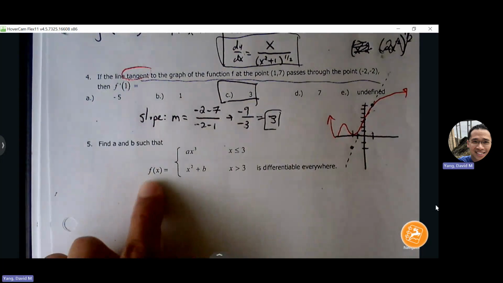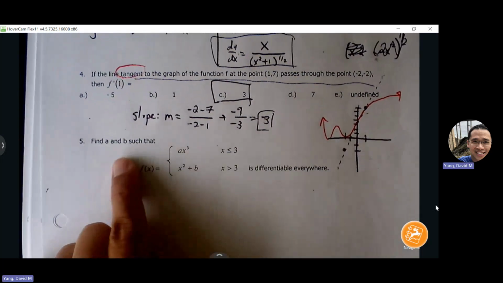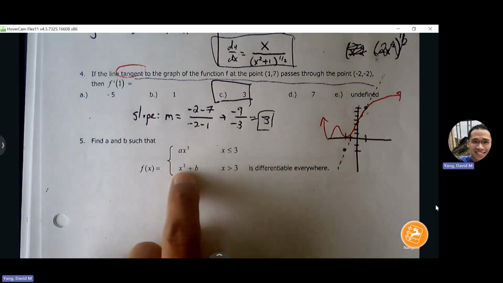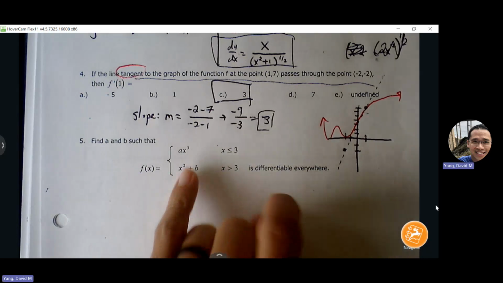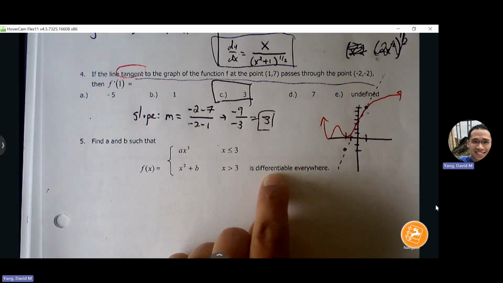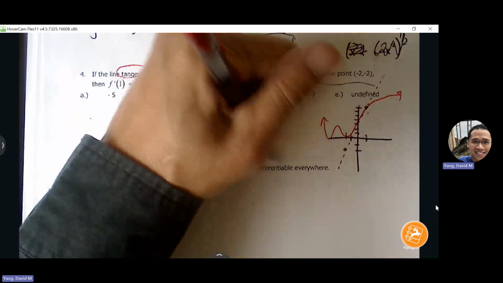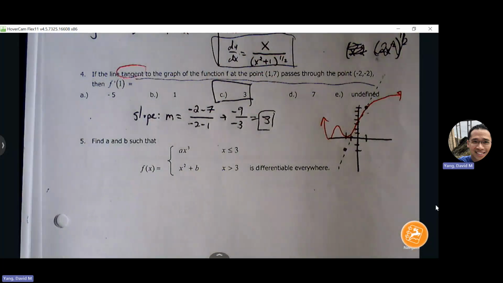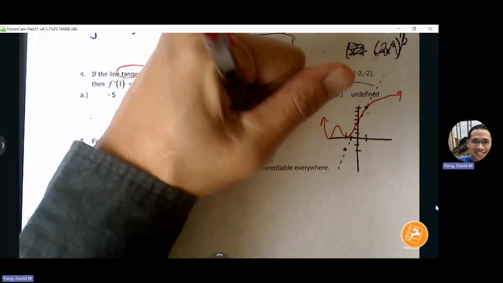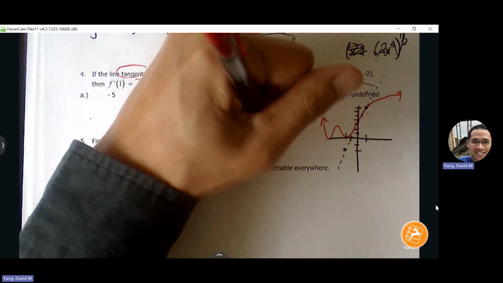Okay, we did a problem like this yesterday, and we can talk about this as well. It says find a and b such that the piecewise function is differentiable everywhere. So this really means 2 things here. They're leaving out the word continuous, but continuous falls under the umbrella of differentiable. So I'm just going to write it this way here. It's continuous